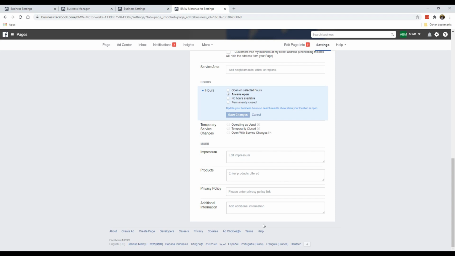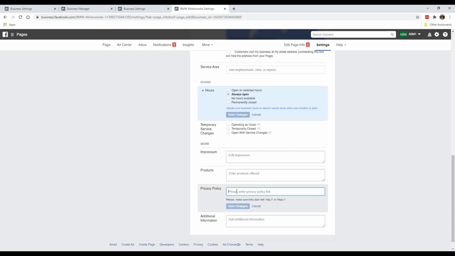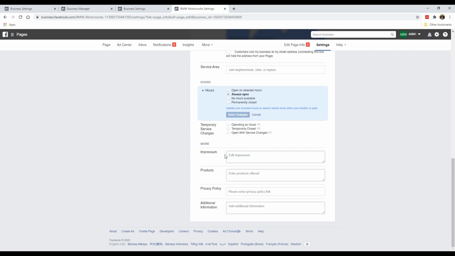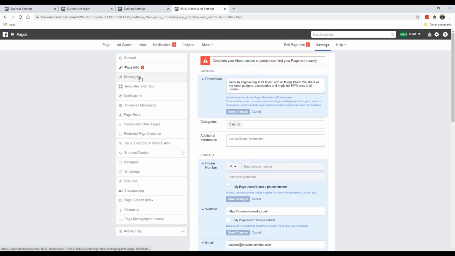Now the rest of these details here are fluff in my opinion. If you have a privacy policy page, you can just put it here for completion's sake, but frankly speaking, you can just leave all of this alone. Next,